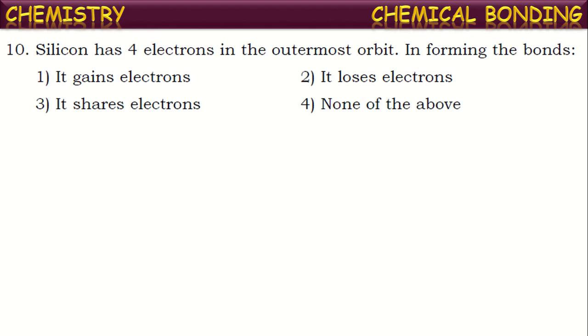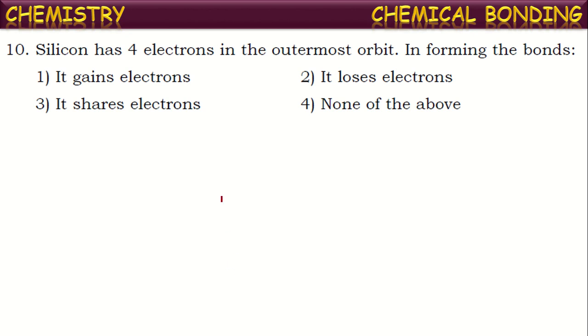The elements which have 1 or 2 or 3 valence electrons generally donate these electrons in the bond formation, thus they form positive ions. And the elements which have 5 or 6 or 7 electrons in their valence shell are ready to accept electrons and they form negative ions. But the atoms with 4 electrons cannot gain or lose electrons. Thus, they participate in the bond formation generally by sharing of these electrons.